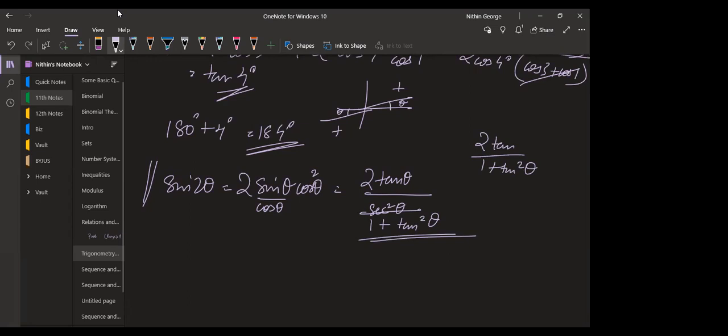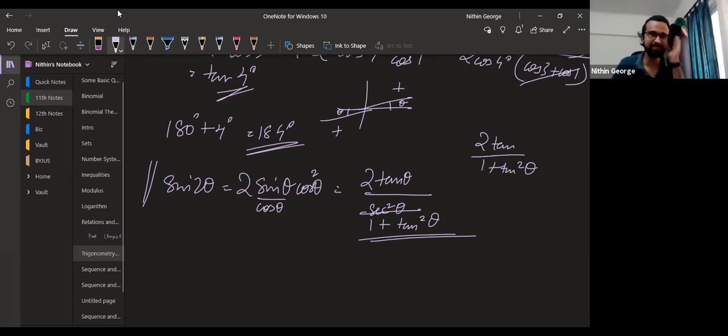Remember the denominator will be sec square theta. That's the trick here. Whenever you don't remember the formula, is it 1 plus tan square theta, is it 1 minus tan square theta? Just remember, the denominator has to be sec square theta. There's a formula you already know, modify that. For the denominator to be sec square theta, the numerator should be cos square theta. That's the idea here.